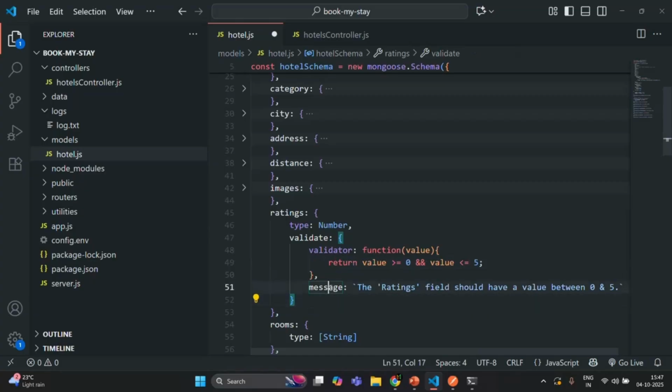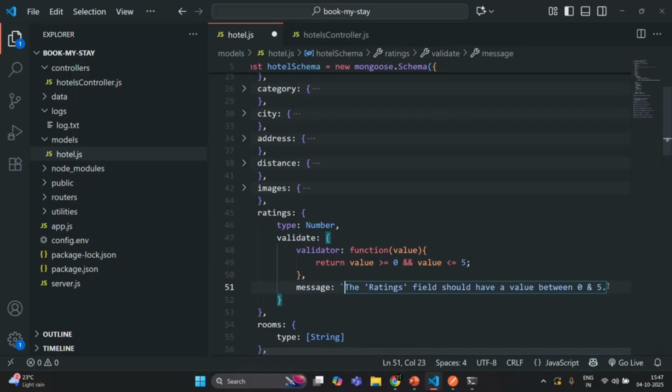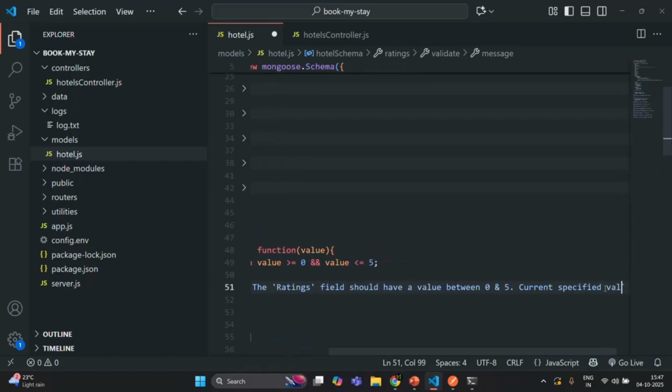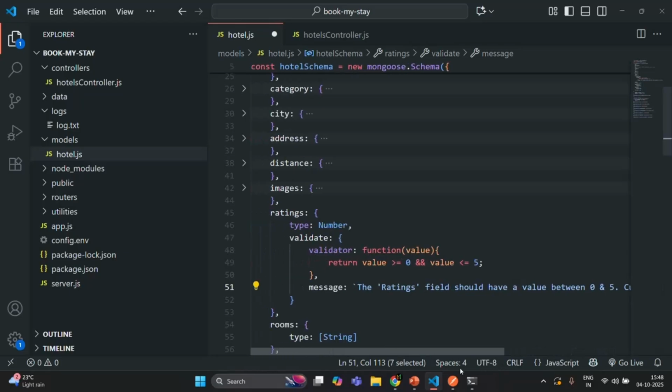And also inside this message property where we are specifying the error message, in here we will also have access to the value which the user has passed. So for example, I'm going to modify this error message and here I'll say current specified value is, and then I want to show that value within parentheses, so I will use parentheses, and inside that we can use a set of curly braces, and inside that we can use VALUE. So this expression here and VALUE should all be in uppercase. So this expression here is going to return us the current value which has been passed for this ratings